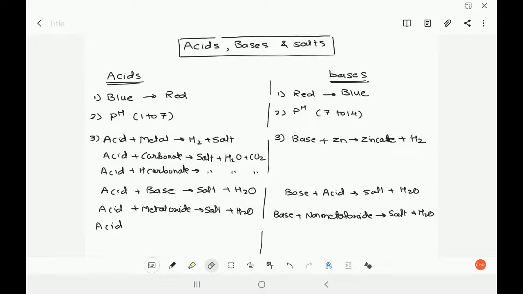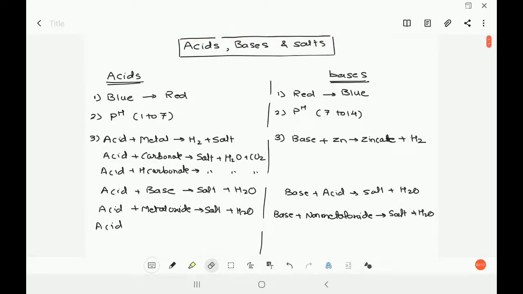So there are so many elements, like 115 elements, right now available. These 115 elements undergo many reactions and form so many different compounds, and all those compounds need to be classified, and that classification can be done in this way: acids, bases and salts. So all these compounds will have the properties of acids, bases and salts.